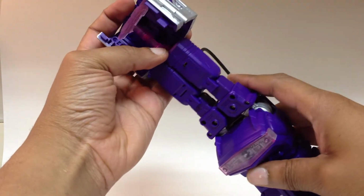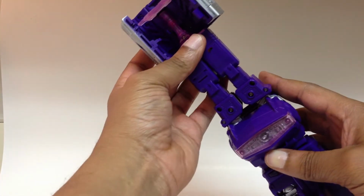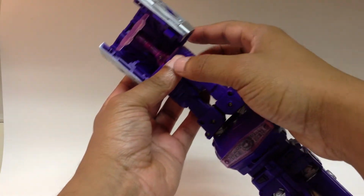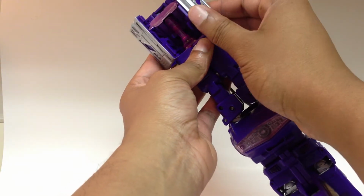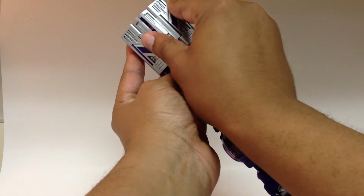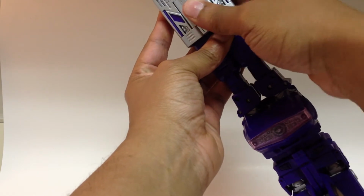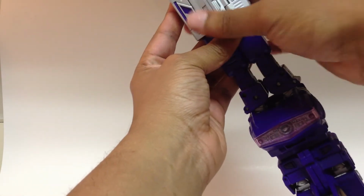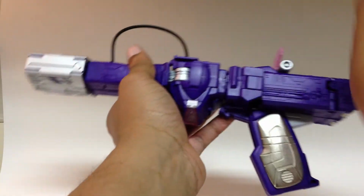Now it doesn't securely stay in there, so you pretty much gotta hold it on. But that peg and slot kind of acts as a guide. So do it like that. Then once you do, you just close this up, so it snaps on, and you massage it so it's on there securely, and there you have